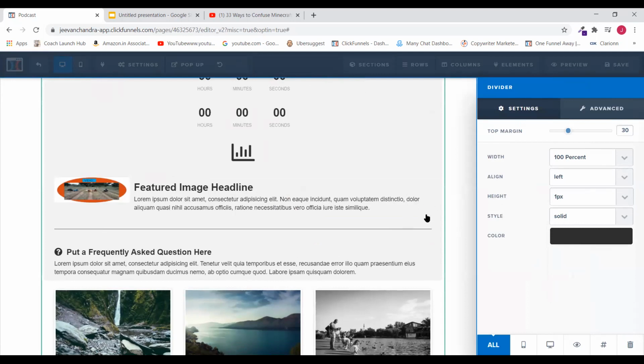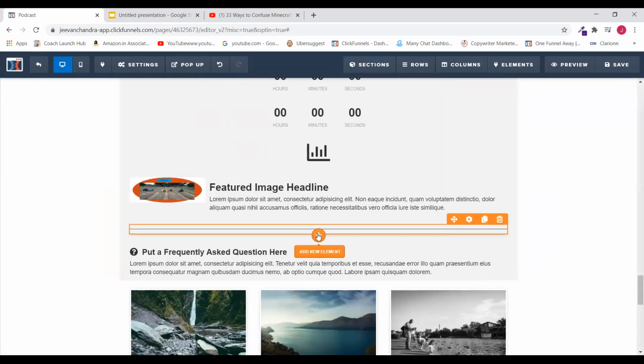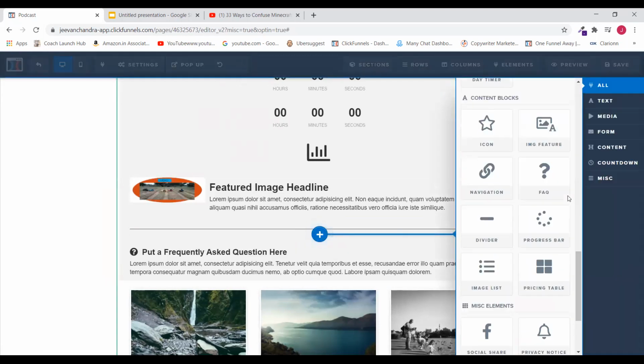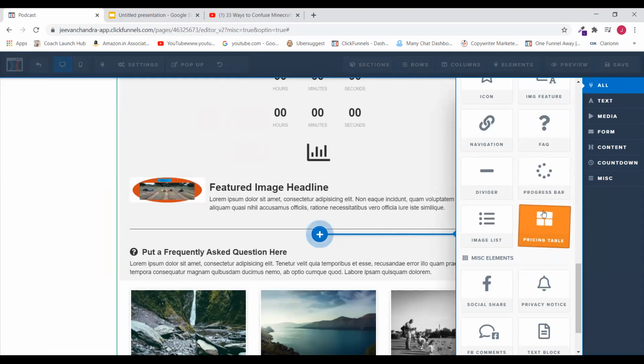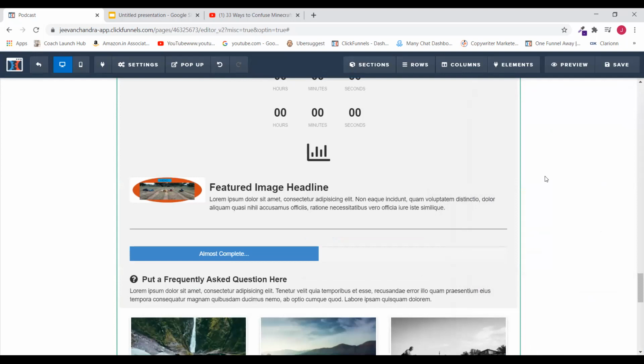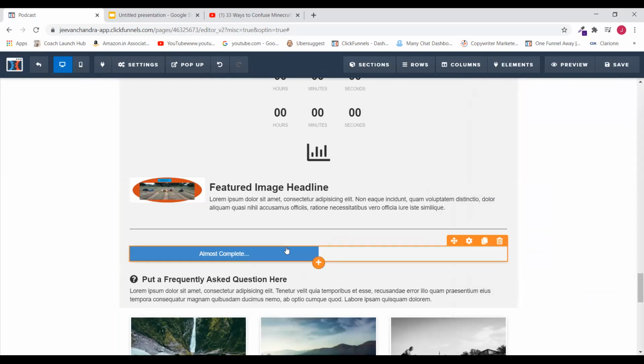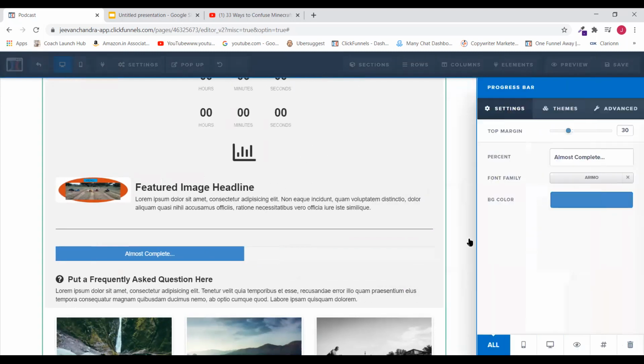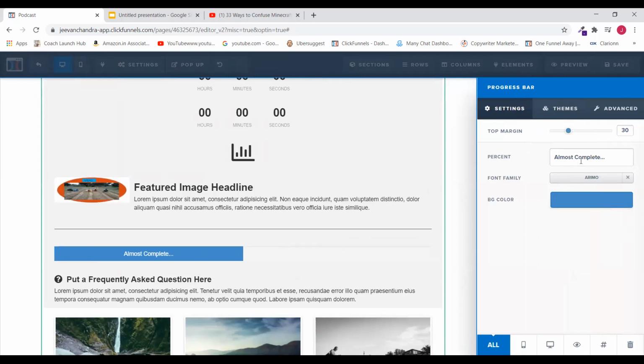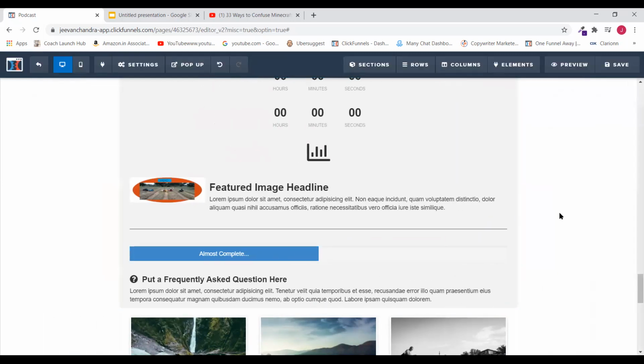Then you can have progress bar. This bar can be helpful for visitors to see how close they are to finishing an opt-in form. It can be made to animate also. Say this is the setting. You can have different